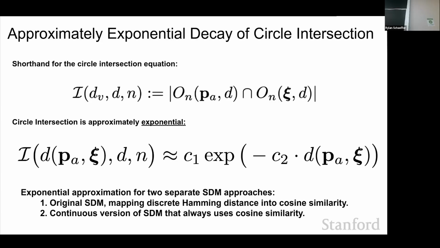So we can write it with two constants, C subscript 1 and C subscript 2. With the C1 outside, because softmax is normalizing exponentials over some exponentials, that will cancel. The thing that matters is C2, and you can approximate that nicely with the beta coefficient that's used in the softmax. And I'll focus first on the binary original version of SDM, but then we also develop a continuous version.